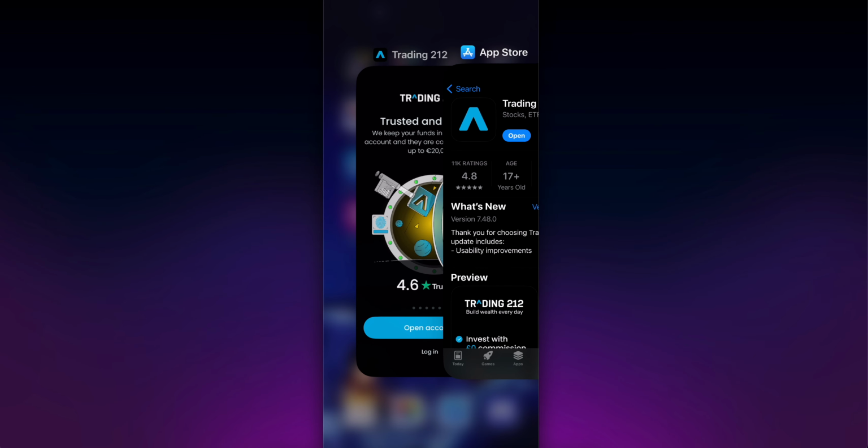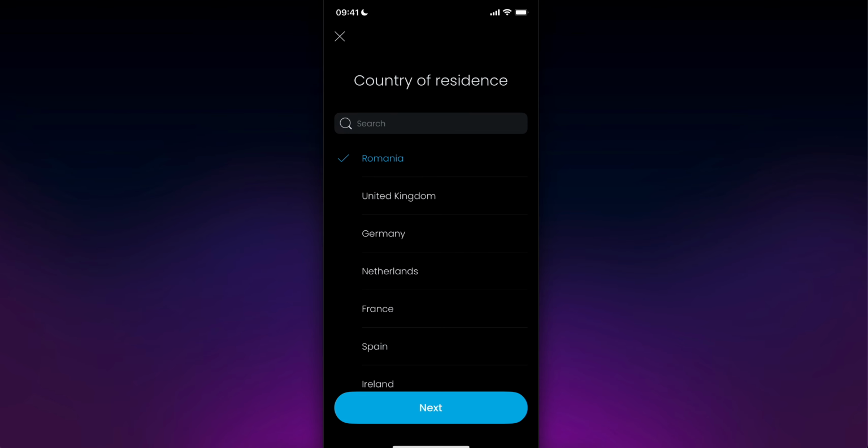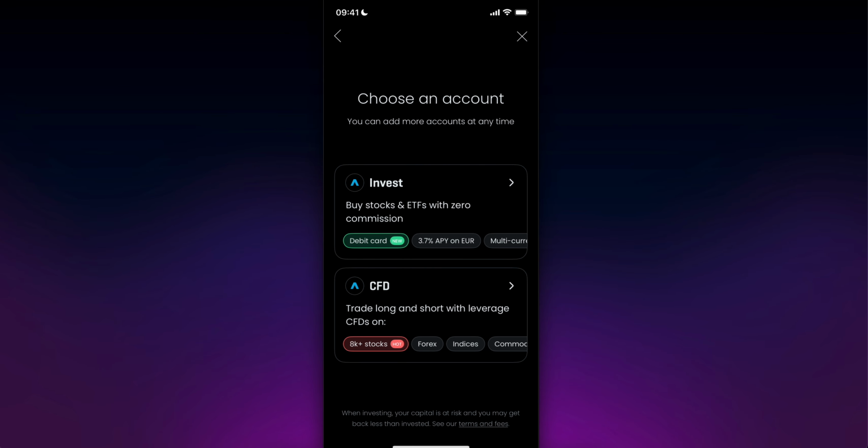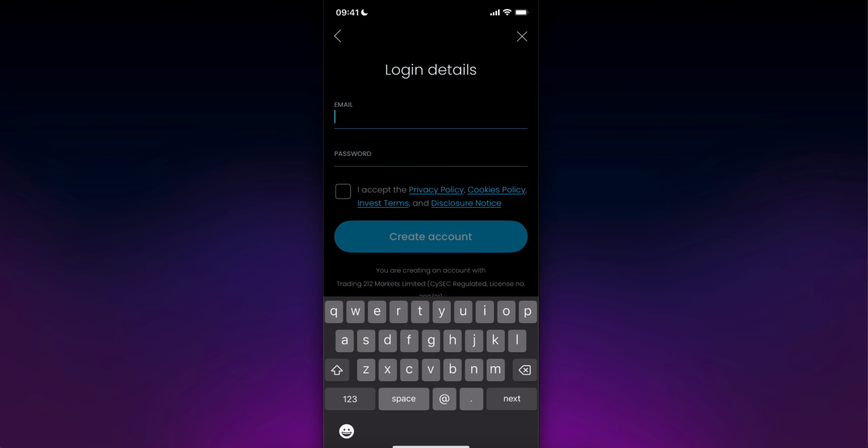simply open it. Then you're gonna have to tap on open account, then simply choose your country of residence and tap on next. Then you're gonna have to choose invest or CFD. I'm gonna choose invest. And then here you're gonna have to simply enter your email and password and simply click